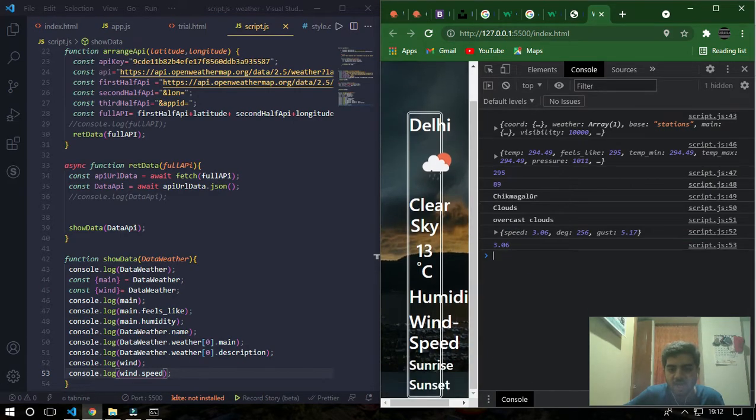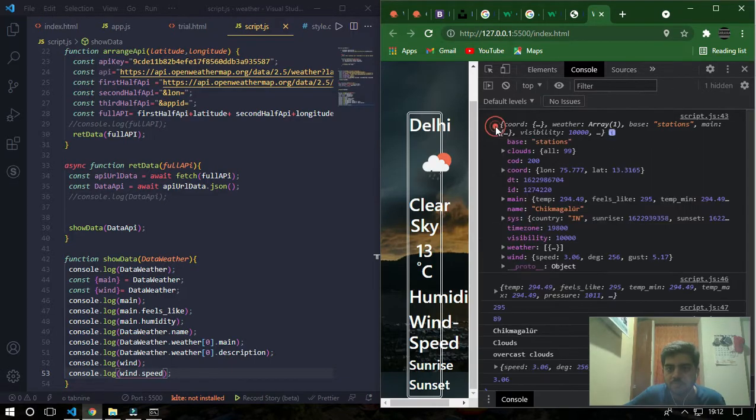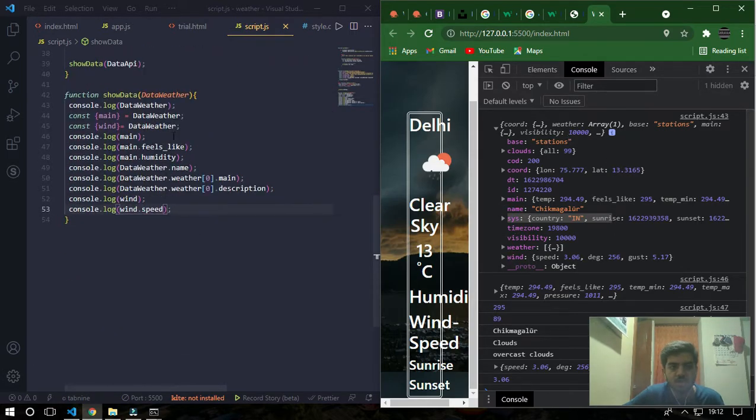Then after that I need sunrise and sunset. That wasn't a necessary part, but it's okay. What I want to do now is simple. I need to take the sys object which is present inside the main object, so I'll take sys also. So I can directly take multiple objects from a single declaration.